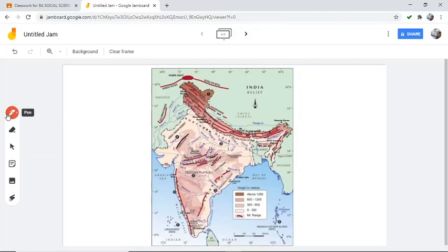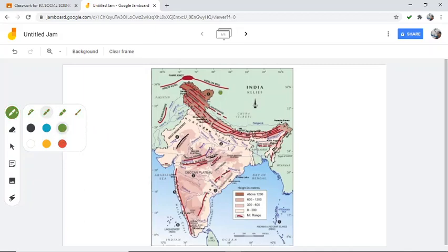Okay, so let's start from north. It's already marked here, but still, how to mark it. Often you get confused about marking of shade, where you have to mark, where you have to shade, such things. So I will explain that here. I will use a marker. Okay, fine. Yes, it's already marked here. So let me take a green one.